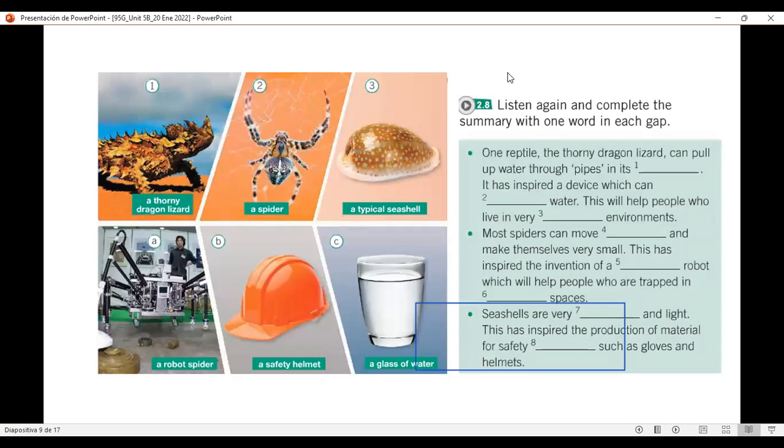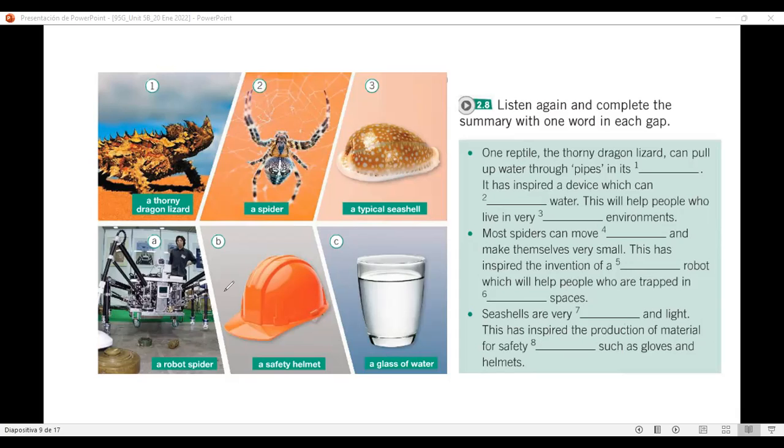Let's see what we have here. We're going to listen, guys, pay attention. We're going to listen to a recording, and you're going to tell me what are the missing words in these spaces. We have 8 spaces to fill. ¿Sí? Hay 8 espacios que completar. So you're going to help me completing with the words that are missing. Sí, vamos a escuchar el audio y me van a ayudar a completar estos espacios en blanco.